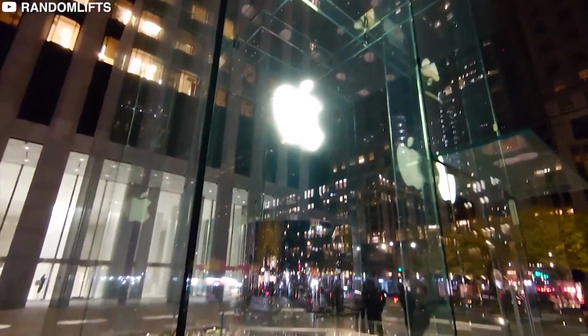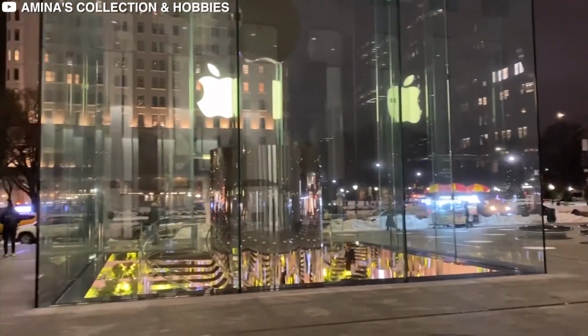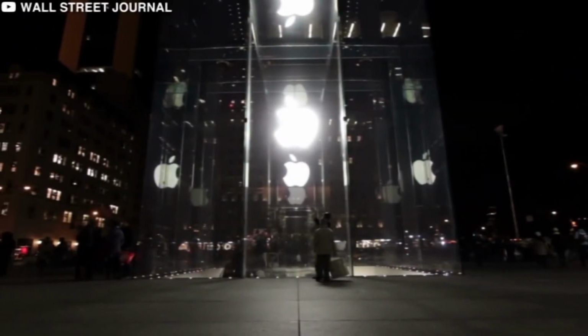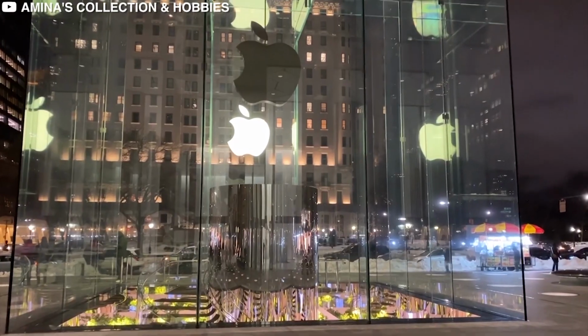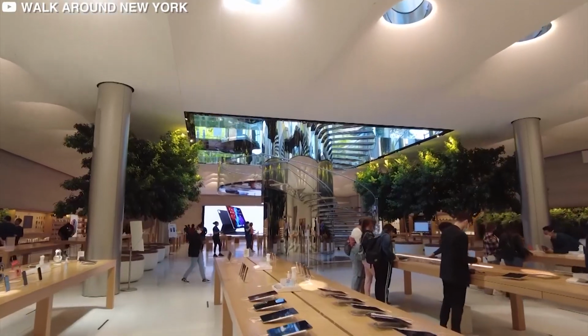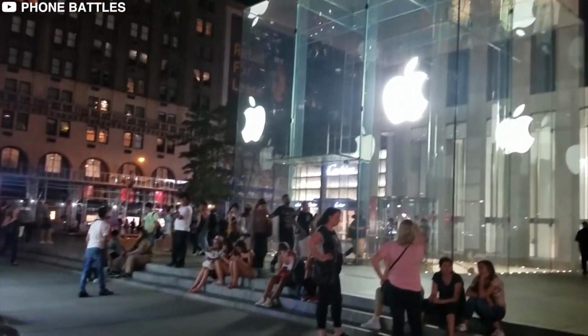Apple's store on Fifth Avenue in Midtown Manhattan in New York City is one of the most iconic stores in the world. Even if you haven't personally been to New York, you must have seen the store's iconic glass cube-shaped entrance on various marketing materials and in the news. In this video, we will explore the history of Apple's Fifth Avenue store and look at why it has become